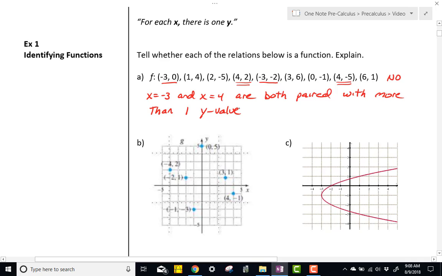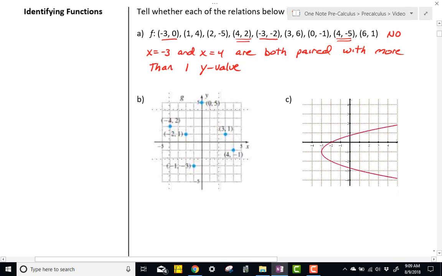All right, and so if you think about that, if you look at it graphically, like we've got going on down in the bottom here, now all of these coordinates you can see the x's and the y's, but if you look at letter B, do I see any x's that are the same with different y values? And I'm not seeing that down here. Okay, so if I start looking at these guys here, this is definitely a function. This is yes. All right, and all x's are paired with